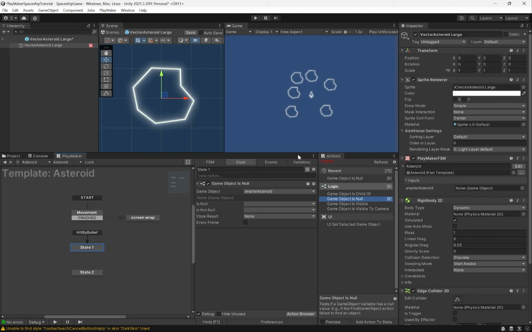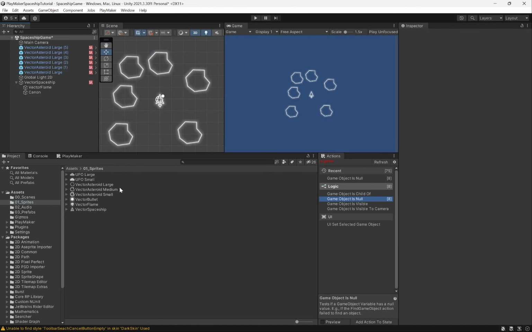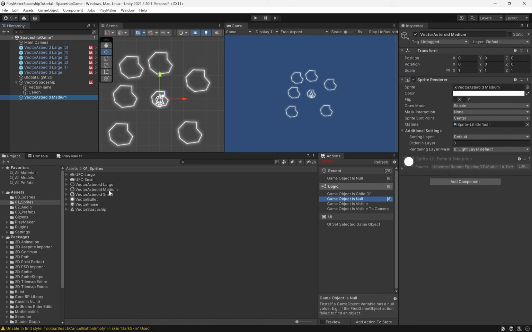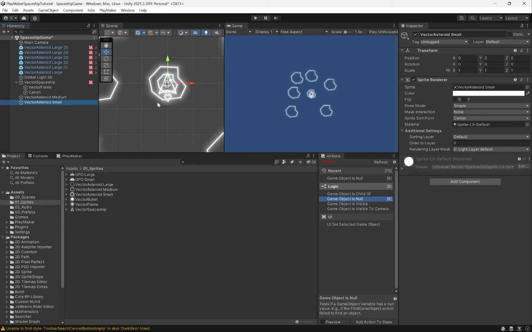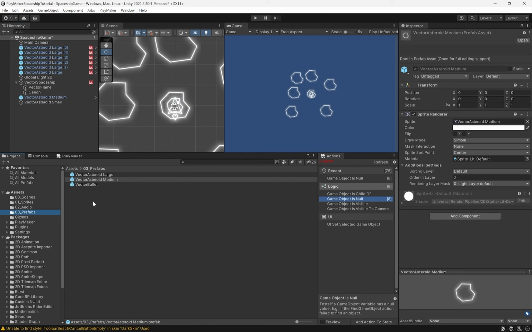Why would we want to do that? Because here's the logic: if you start with a large one, then what you could do is come back over to our project, go to sprites, and make sure that we're back out here in the hierarchy. If I drag and drop a medium out here, so we have a medium one and we have a small one, so we have our big, medium, small. Then I go to our prefabs. If I drag and drop this medium in here and then this small in here, if I go to our medium,